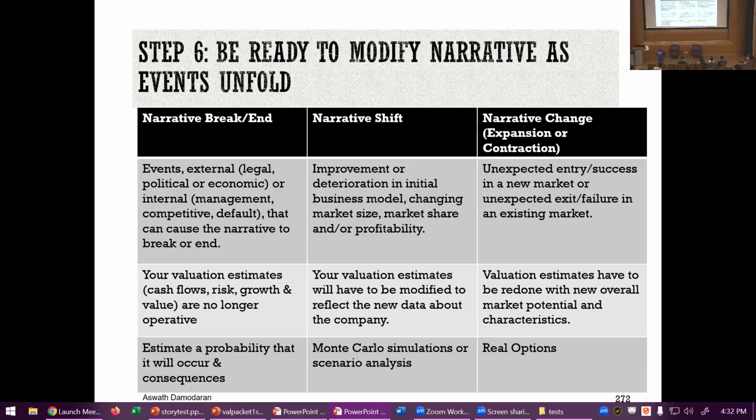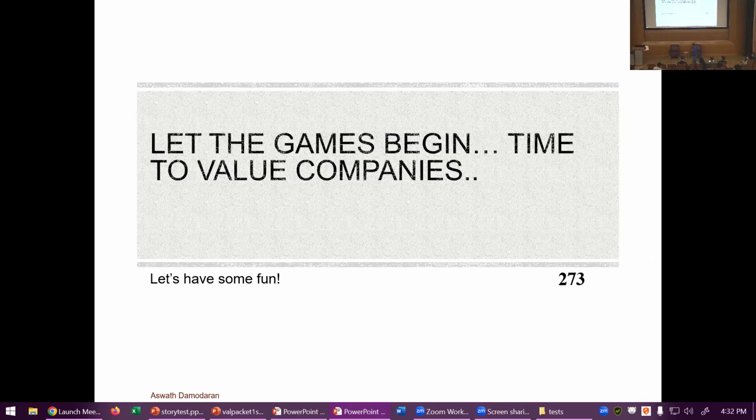Your story for your company can change, it can shift, and some of your stories might break, in which case, what will the value of your equity be by the time you get to May 5th and you turn? It'll be worth nothing. So be ready for those changes because they will come.